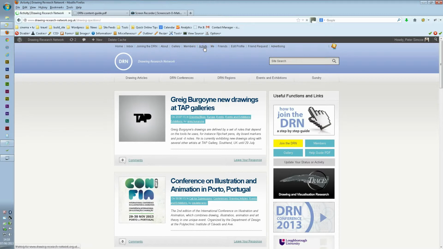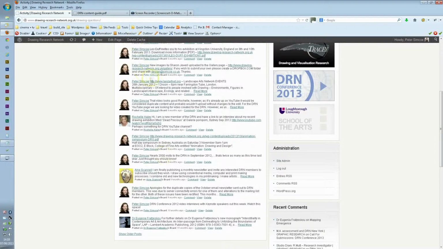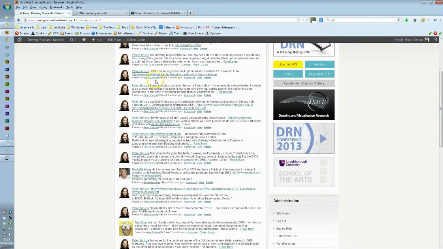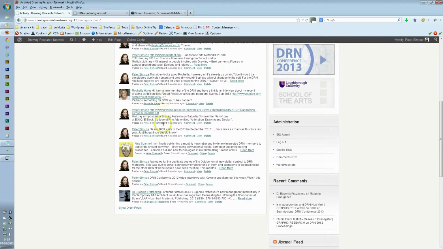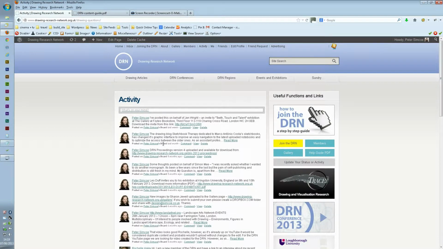So the other thing that's useful just to mention is you can update activity. Now there's a lot from me where I've taken other people's information and put it up as quick links, but essentially this behaves a little like Twitter. It's all about short updates, and if you wanted to write a more serious sort of longer article, in-depth article, then you would use the help guide, which you can click on just here,